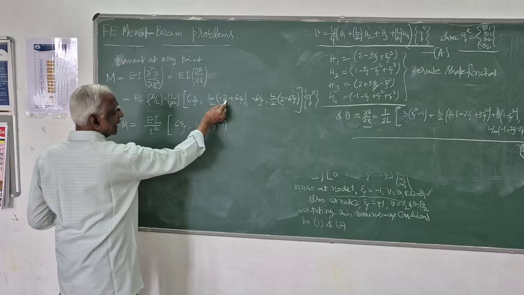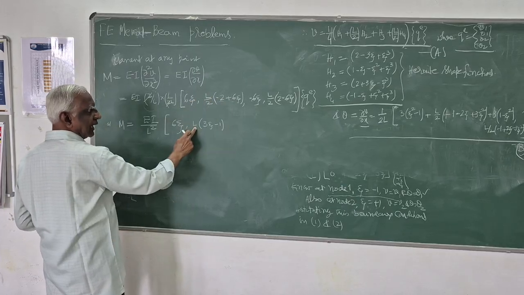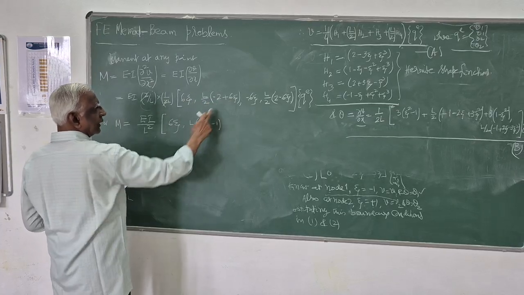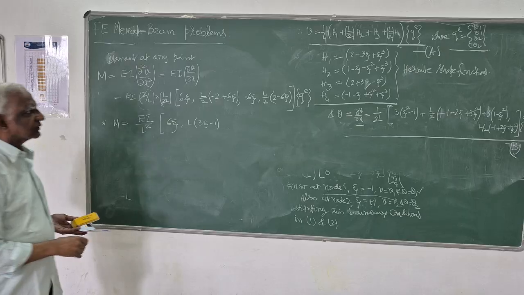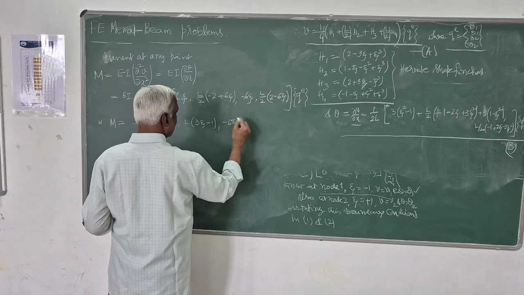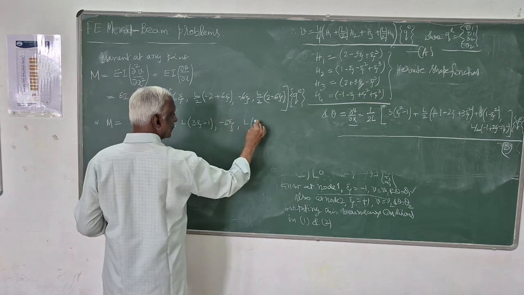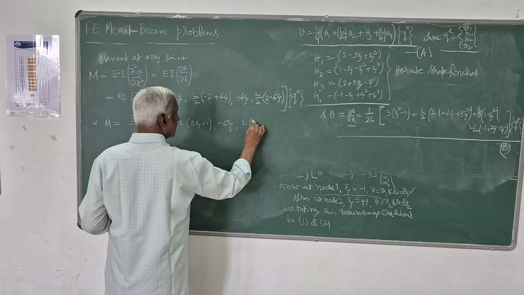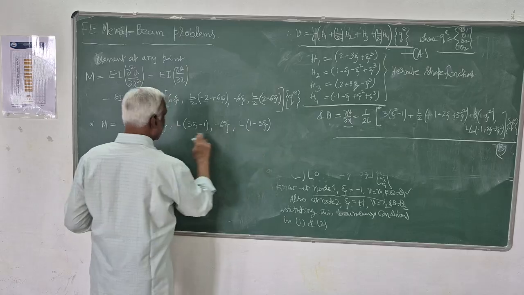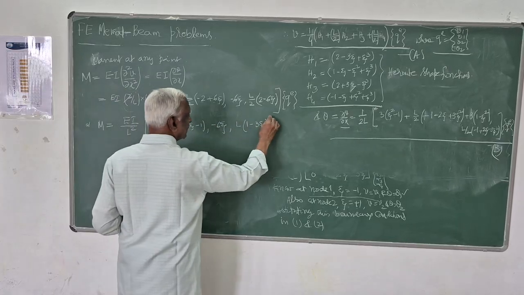I will take 2 outside, I will get 2 into L by 2, that will be L. Here it is minus 6, then L. Then this is the same thing, 2 I will take outside, I will get L into 1 minus 3ξ. Here it is 3ξ minus 1, here it is 1 minus 3ξ, into